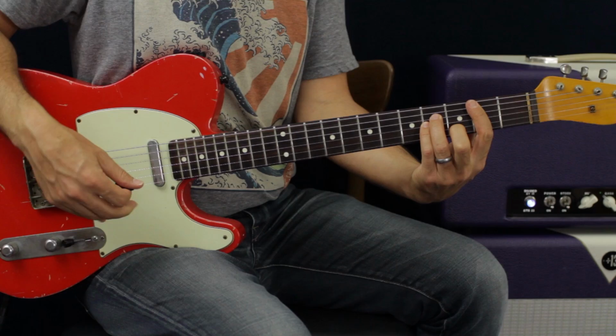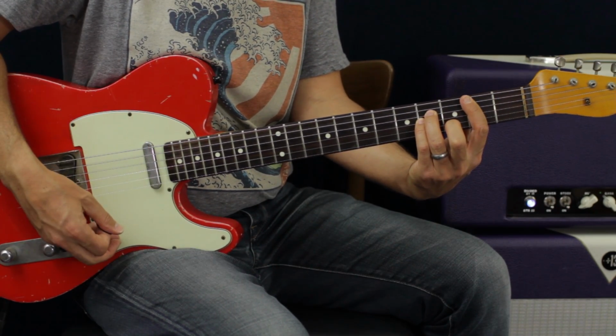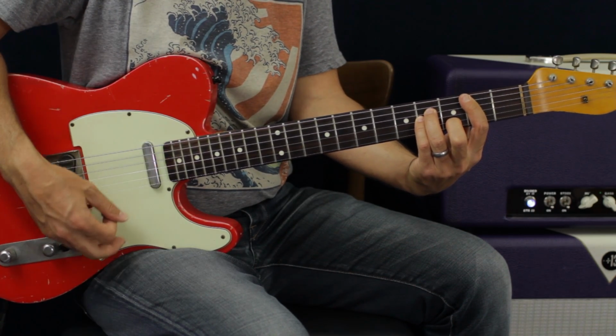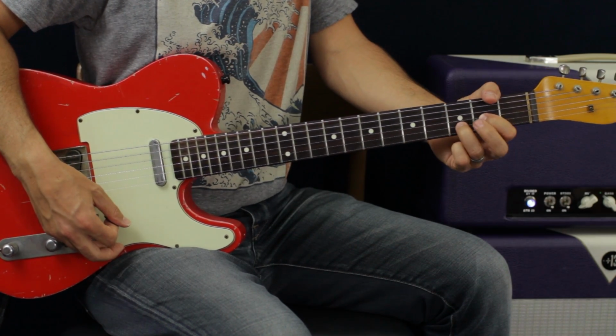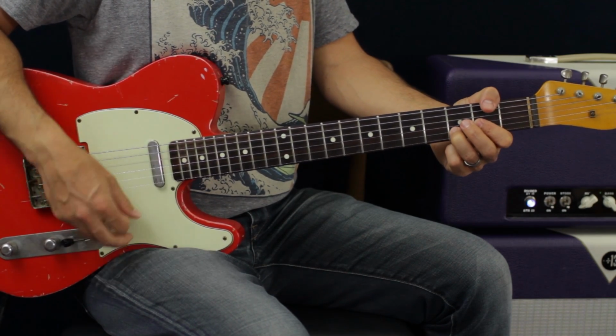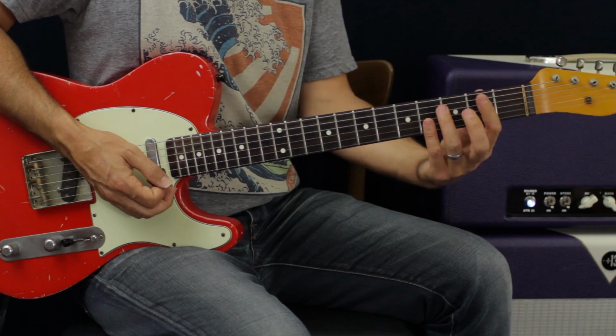So when I go to the B minor, okay, we got, and then we're going to catch an upstroke on a D, and then go up, down, on 2 downstrokes, okay, so we got,